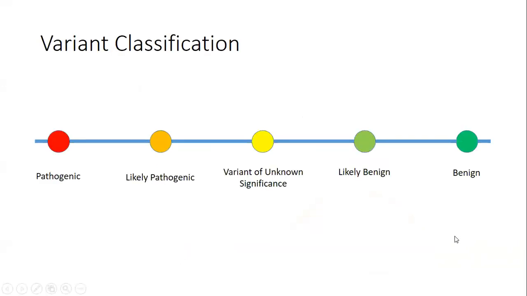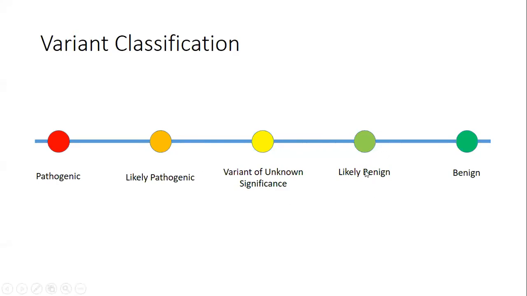It's turning out it is a kind of tricky business, and the American College of Medical Genetics and Genomics and the Association of Molecular Pathologists have created a schema of how you classify variants that range on the left side from pathogenic, meaning there's very convincing evidence that a particular variant is relevant to a particular phenotype. The other end of the spectrum is benign. Lots of variants, probably most actually, have no measurable impact on phenotype, but you'll see them when you sequence somebody. And in between are the tough ones.